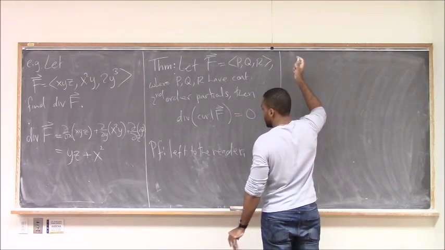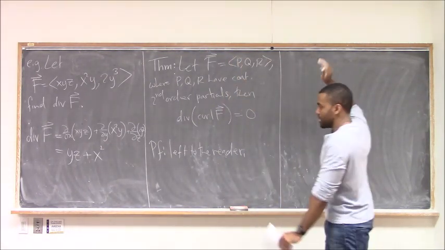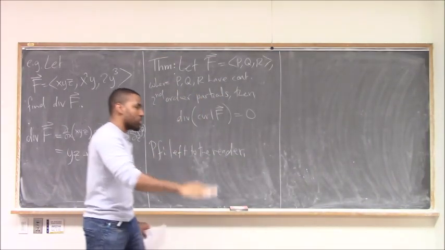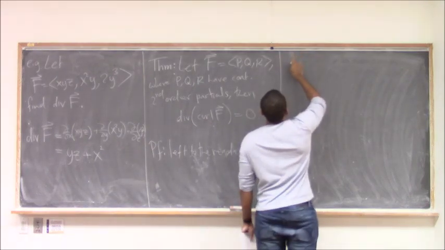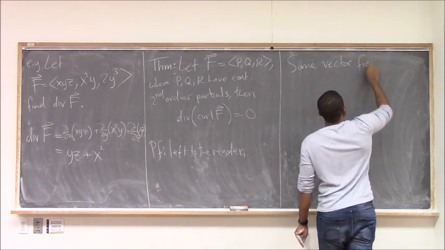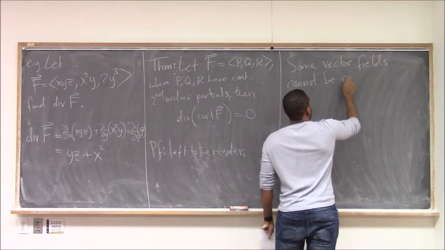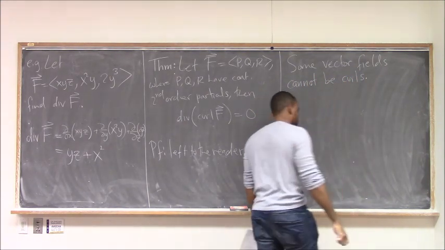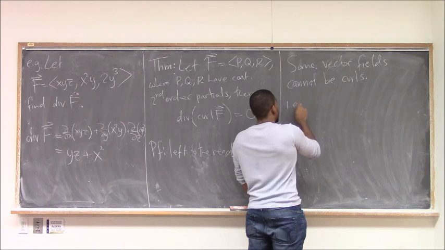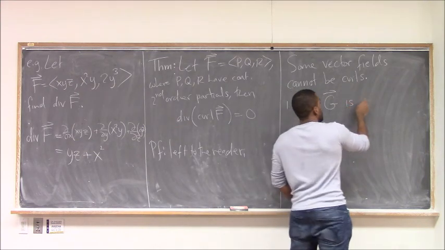And here's, again, one of the sad facts of this class based on what we can do. But I'm going to tell you something here that we're never really going to use technically, but it's very important in other contexts. The fact that some vector fields cannot be curls actually has a lot of consequences elsewhere. I.e., if G is a vector field,